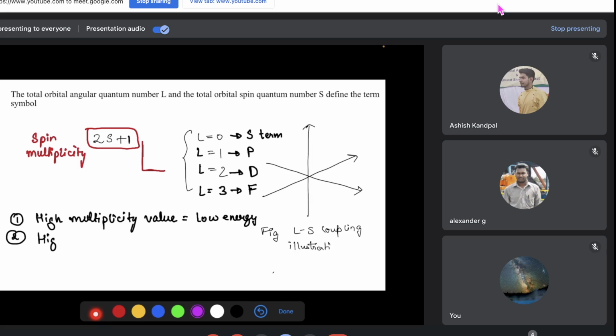So these are three different axes giving me the direction along X, Y and Z. So if my capital L here is this arrow, which is orbital in blue color, and similarly for the same electron, spin is denoted like this, which is capital S. So if you draw the cone around this,